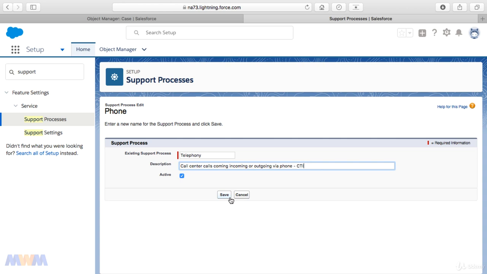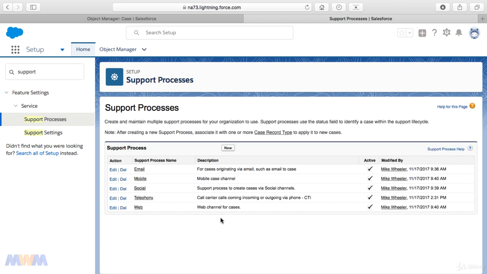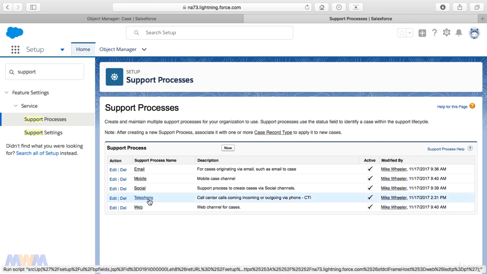The idea behind that is when someone calls in to your call center, it can do what's called a call pop and look up the phone number, display the contact information related with that number, and have that information inside the console already. And so there's a lot around CTI. There's an open CTI standard out there that Salesforce supports, so you can really get in depth in the whole telephony interaction channel. But here at just the entry point, what we need to do is we need to introduce